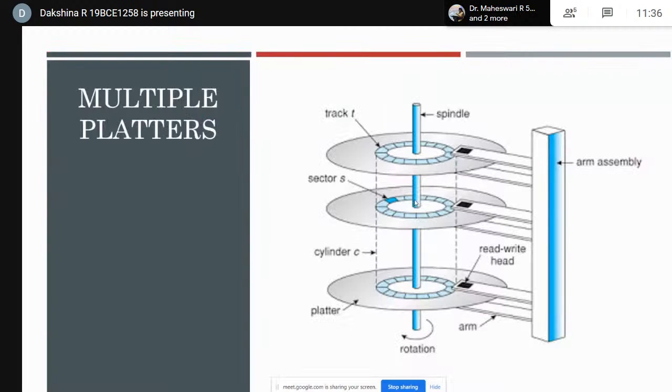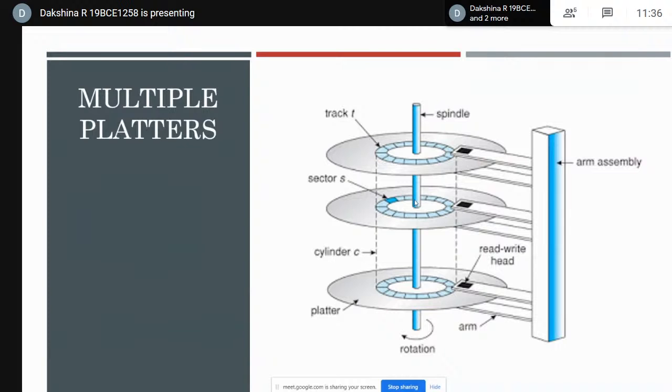And this is the physical representation of multiple platters in a disk. The platter keeps spinning at high speed while the head of the arm moves across the surface and floats on a thin film of air. When a small current is applied to the head, tiny spots on the disk surface are magnetized and data is stored. When a small current is applied to those tiny spots on the platter, the head reads the data